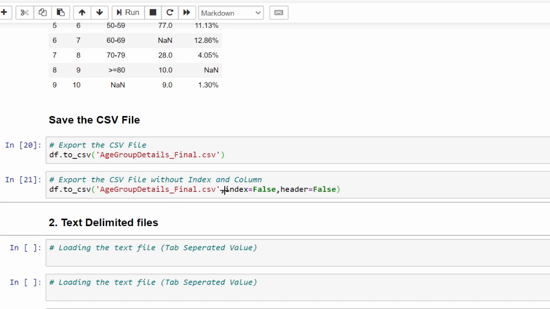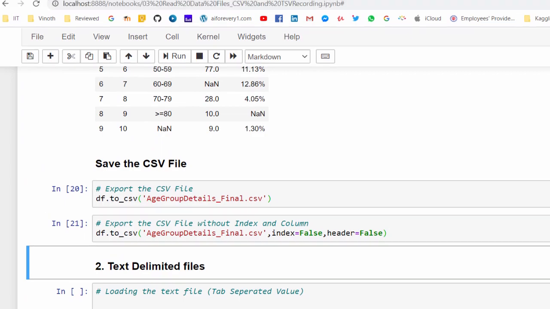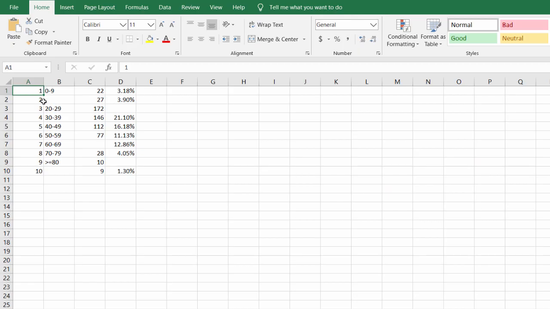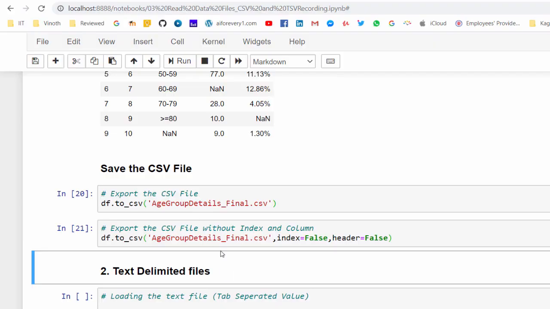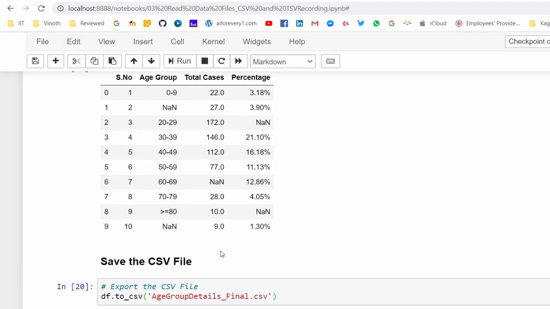So now I am executing again. The file would have been replaced. There is no index value and column names. This is how we have to save the final CSV file. Hope you got a very clear picture of how to load the CSV file, how to perform some important features on that, then save the CSV file.